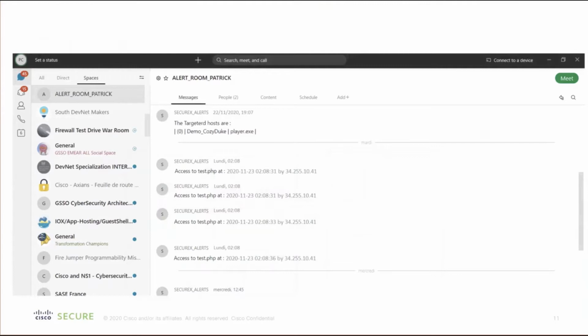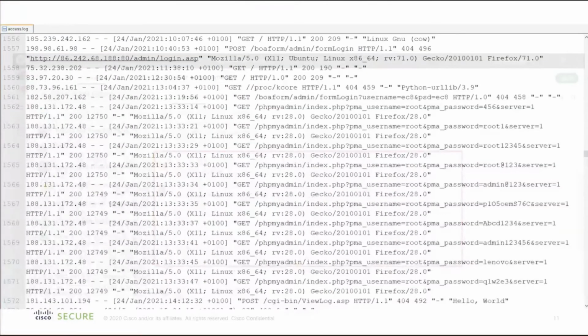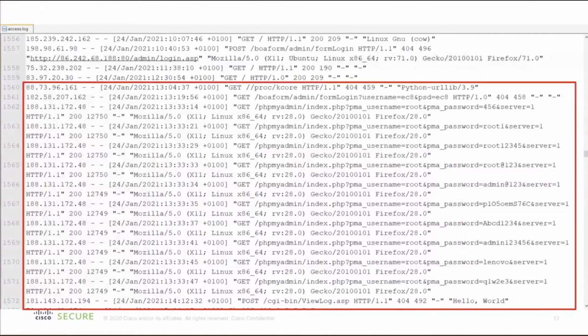You can do that with a WebEx team bot in your web server. This is what I did here, and I set up this WebEx bot. I'm the only one to know it, and if anyone other than me connects to it, definitely this is someone who scanned my web server, and I can confirm in the Apache log that some outside guys are bad guys because they try to hack my web server.